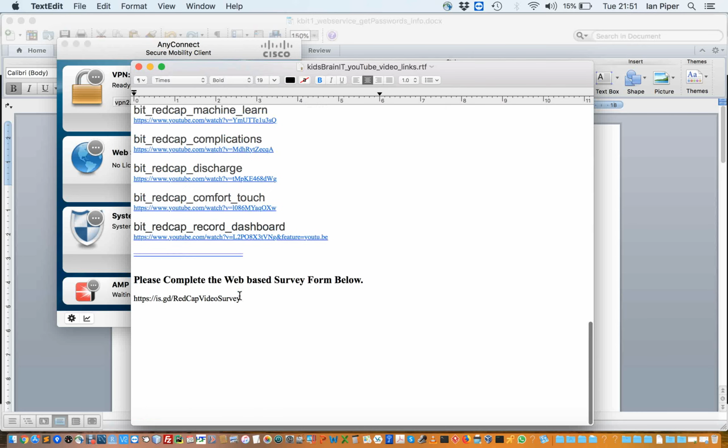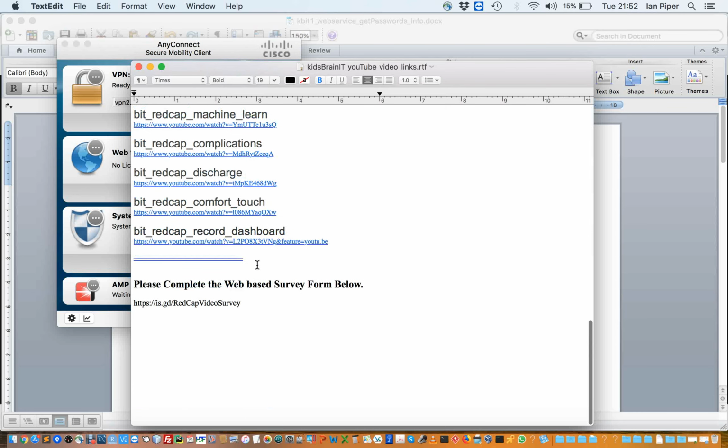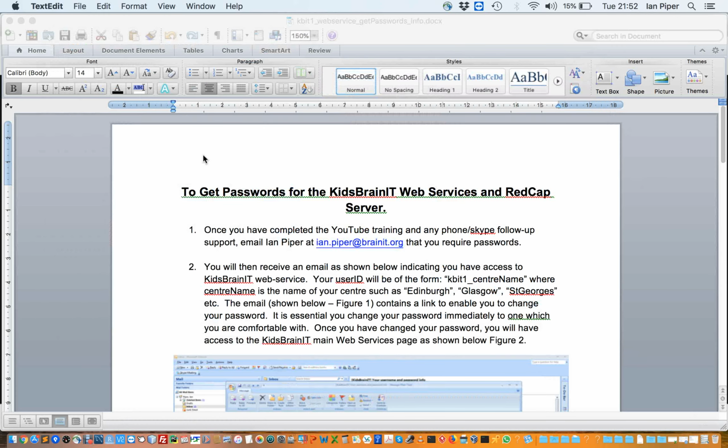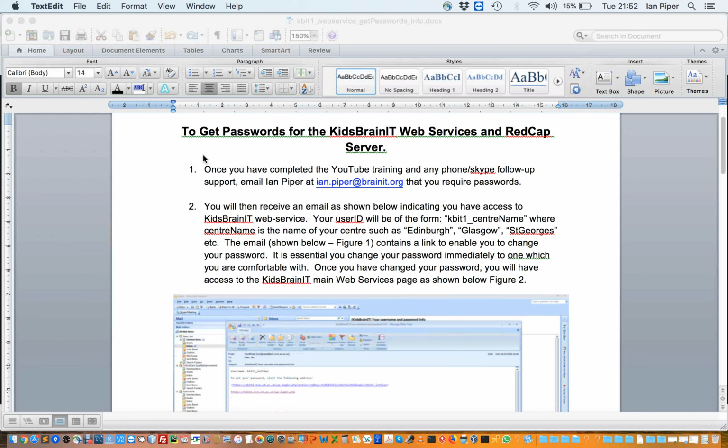So once you've completed these training videos and completed the web-based survey, and assuming that you don't need any additional training, you will then receive a couple of emails about getting passwords. There's two sets of passwords. One is an email which will allow you to access the KidsBrain IT web service. So you will be given a user ID in that email,